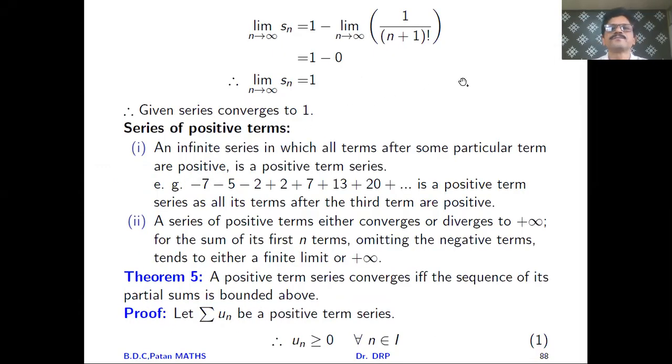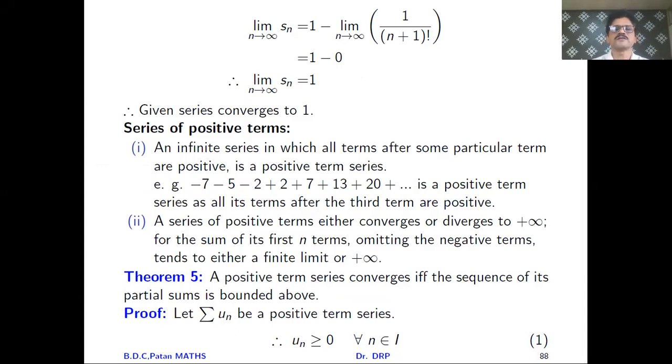Hello friends, in the last lecture we discussed a few theorems. Then afterwards, two examples to test the convergence of infinite series of real numbers. Now in today's lecture we will discuss when a series is said to be a positive term series and how to